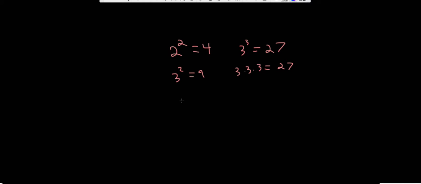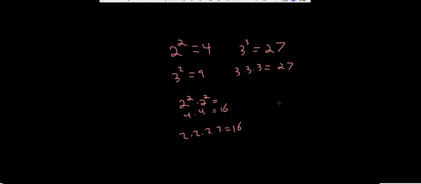Now, what if we had 2 squared times 2 squared? Right off the bat, you can just figure out what that is by figuring out what 2 squared is, which is 4, and then it's 4 again, so it becomes 16, right? Or you can spread this out to 2 times 2 times 2 times 2, which is also 16, right? Or what you can do is use the laws of